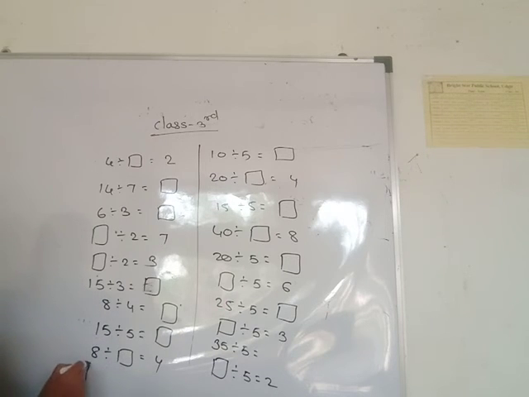Then here one empty box divided by 2 is equal to 8. Here do the multiplication of these two numbers. 8 into 2, 8 2s are 16. Then you write answer 16. 16 divided by 2 is equal to answer 8. In homework you complete this. Fill in the blanks. Then this chapter, the 12th chapter, is completed.